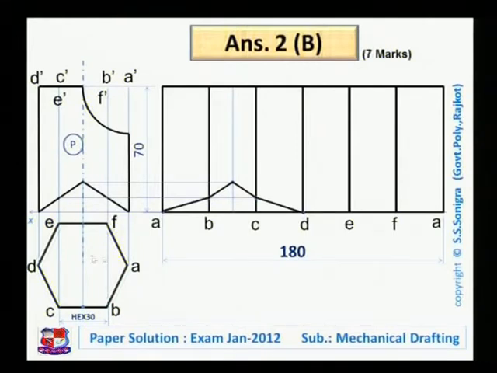So we have developed this ABCD portion. In ABCD, if you cut like this, the developed portion would appear like this. And here these are the straight lines and the solid is a prism, so all these points should be joined with full lines and straight lines. There should not be curvature lines.